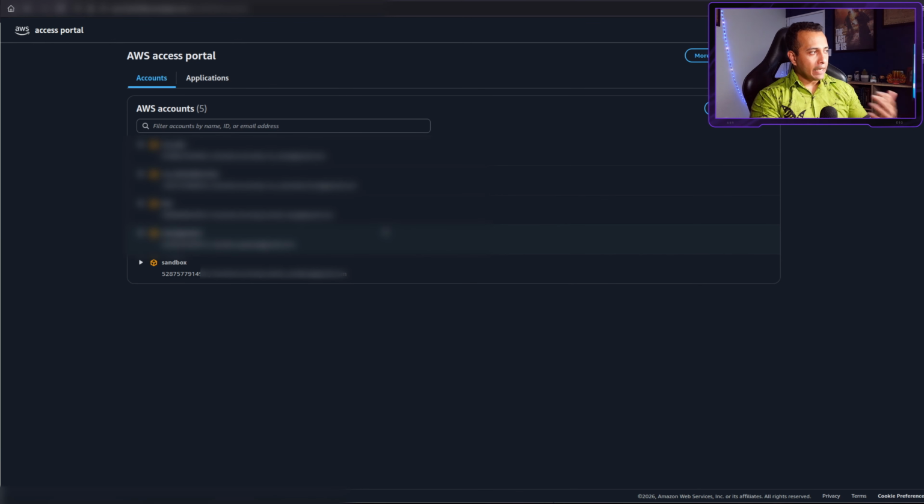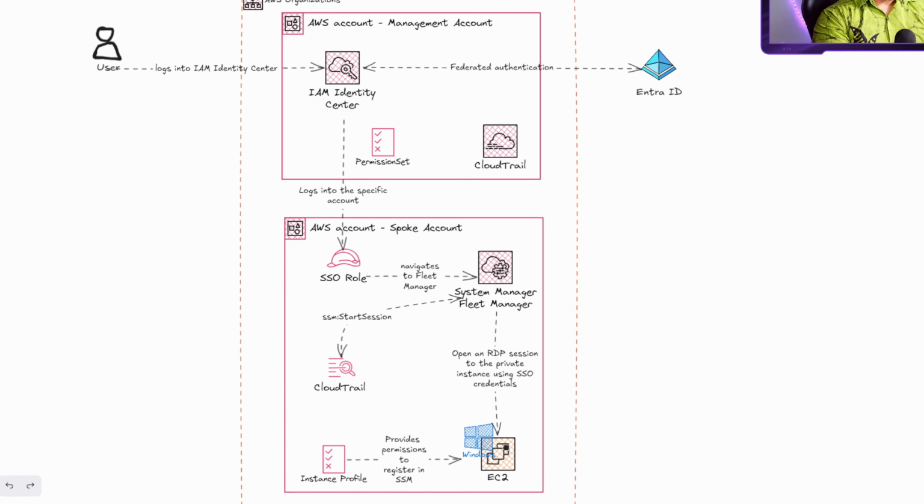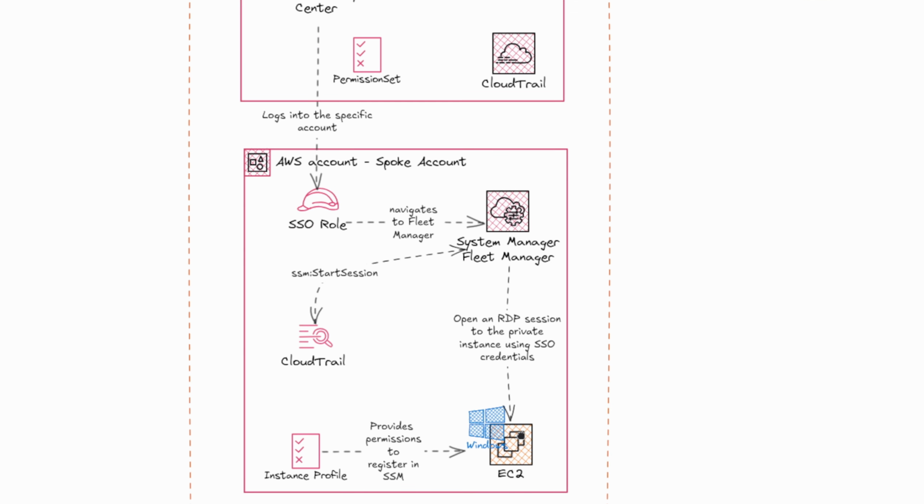and keep working on it. So let's go back into the design. In this case, the EC2 instance that we want to access is in a different account. I'm going to call that the spoke account, and in this spoke account, we have an EC2 instance inside a VPC,